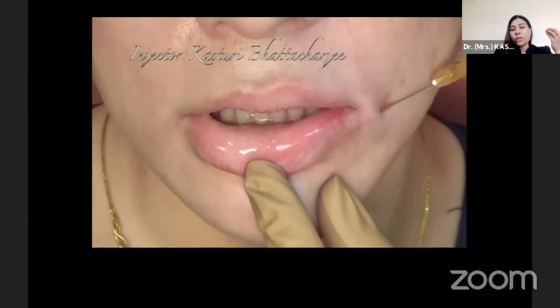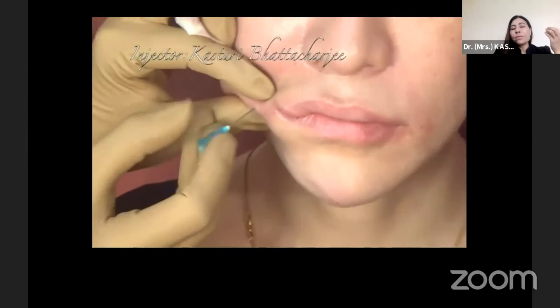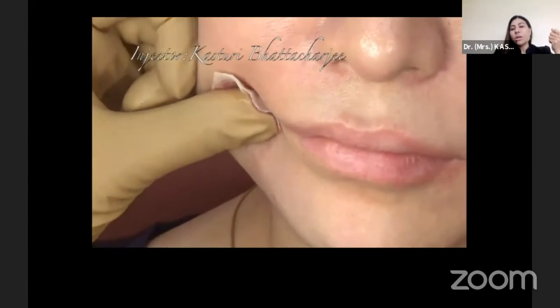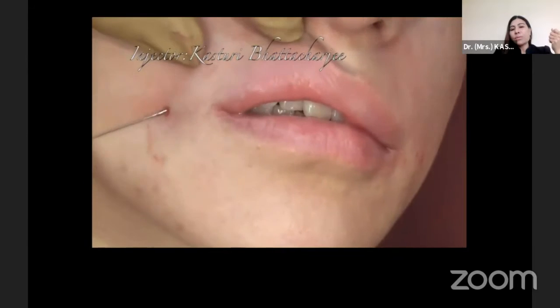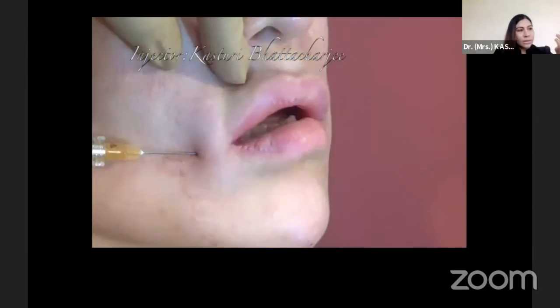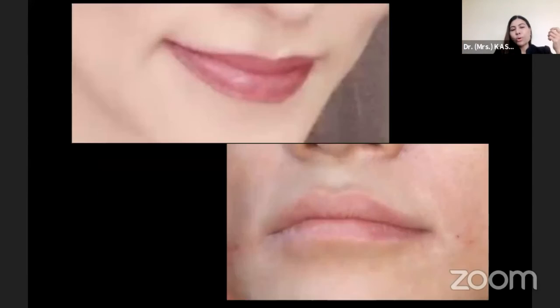Tissue integration on the table, you can see a very good tissue integration, and you can give a very symmetrical and even look immediately following the procedure. So this is the main advantage. I feel that especially for lips, now I'm switching all my lips to this cannula. I feel that this is a very wonderful technique of doing a lip augmentation.